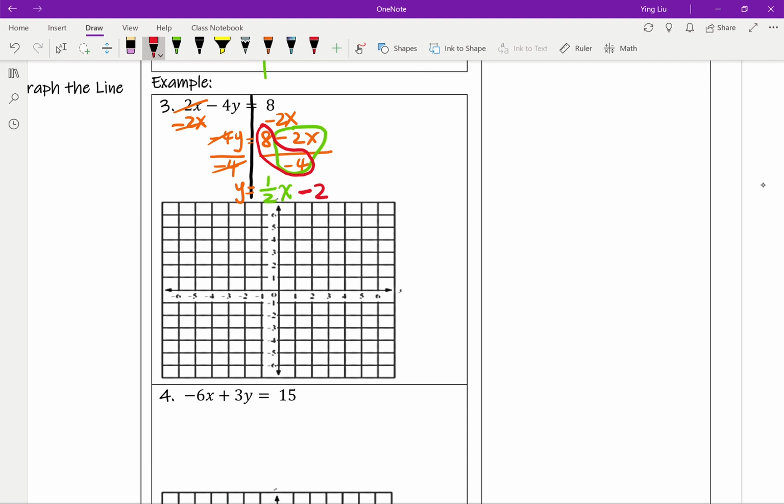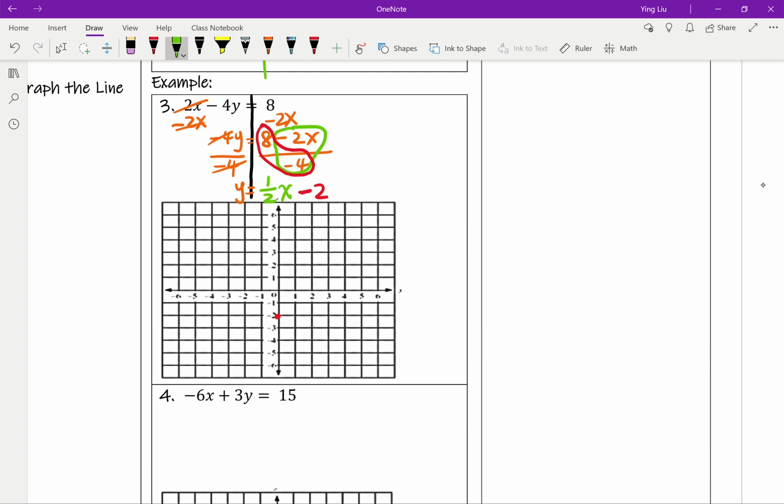So now we have y equals mx plus b, and this is the slope-intercept form. Okay, now we graph it like we always do. First, we start with the y-intercept, so negative 2, that's our starting point. And then the green part, the slope, tells us